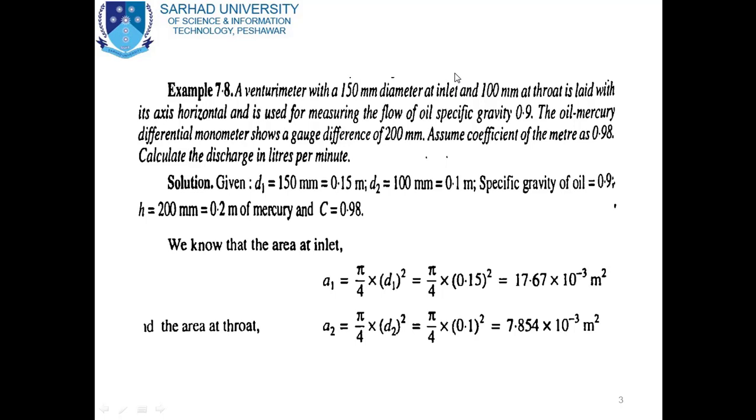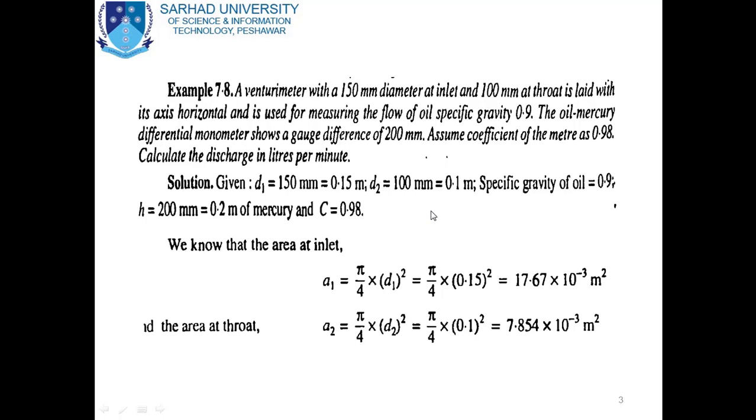Specific gravity of oil is given, which is 0.9. Also, H is equal to 200 mm, that is equal to 0.2 meter of mercury, and C is equal to 0.98. Now, we know that at inlet A1 is equal to pi by 4 D1 square. Put the value of D1, which is 0.15. You will get the area A1, which is equal to 17.67 into 10 raised to the power minus 3 square